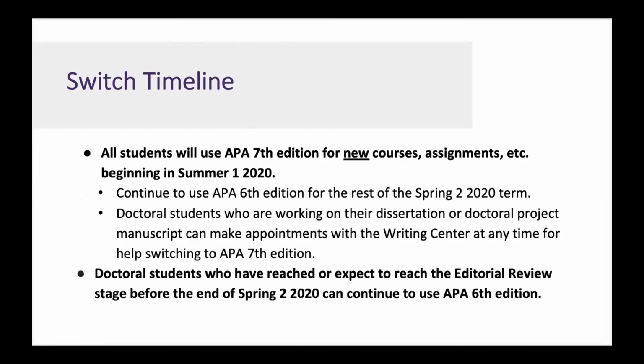Now, APA 7 was released in October of 2019, but ACU has decided to officially make the transition in the summer 1 term to allow everyone the time to make the switch. So all students at ACU Dallas will use APA 7th edition for new courses, assignments, etc., beginning in summer 1, 2020. So what that means is that you'll continue to use APA 6th edition for the rest of this term, spring 2,